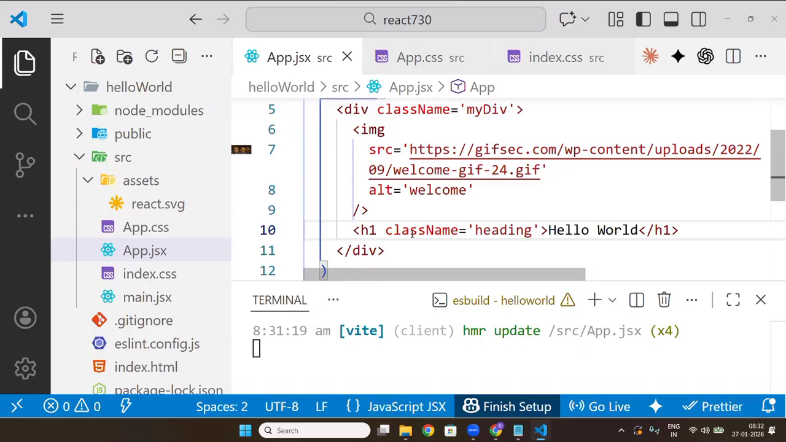Clear, sir? You all can do this HTML. Obviously, you can. There is nothing big in it. Next,